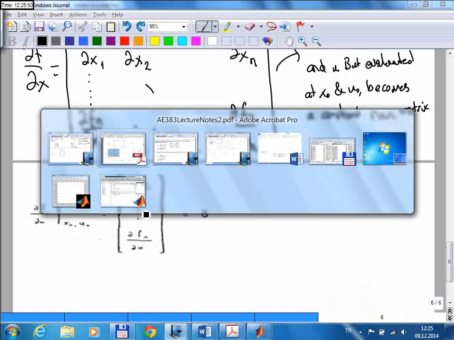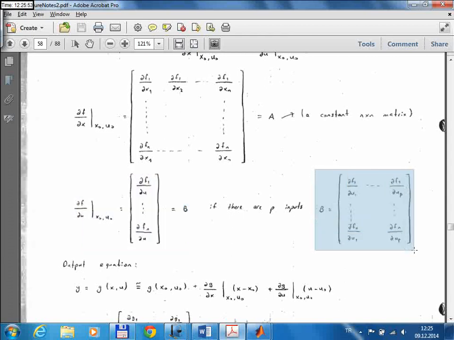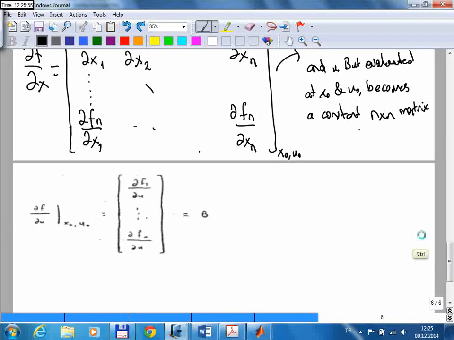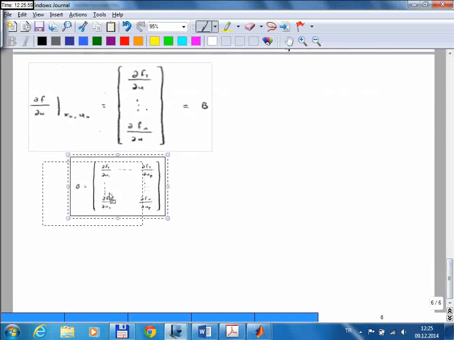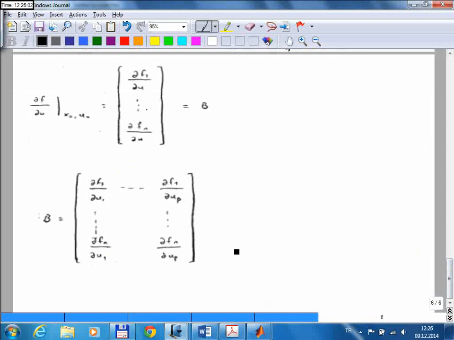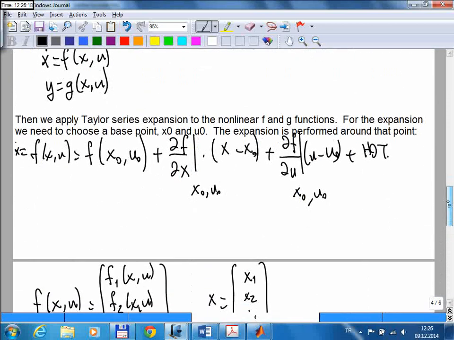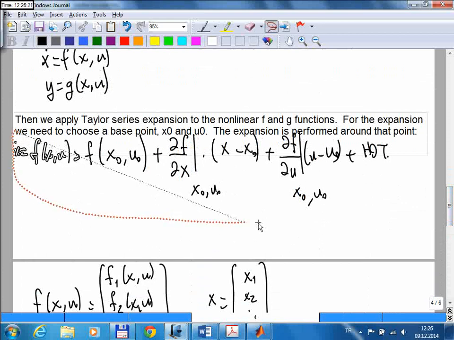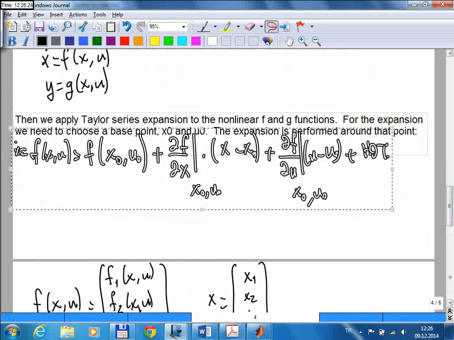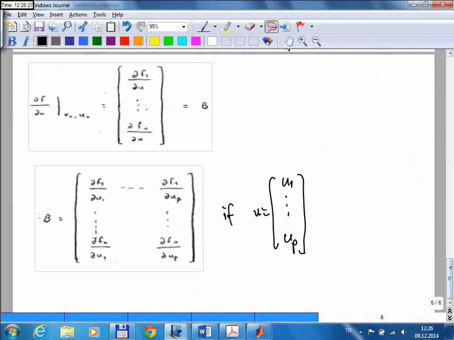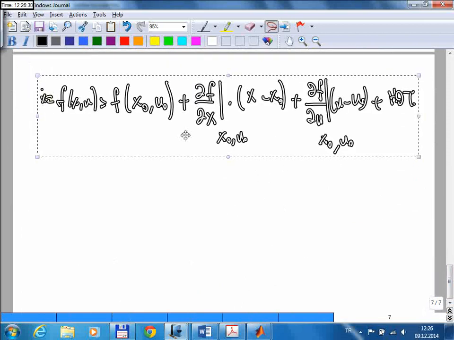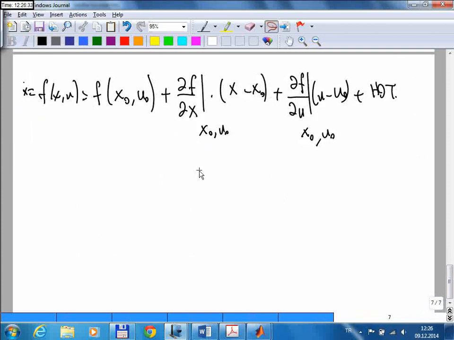But if you have more than one input, then that becomes a matrix as well, and this is if u is a vector itself, u1 up to up. Okay, so that means we can write it as